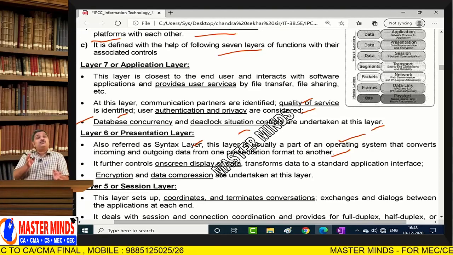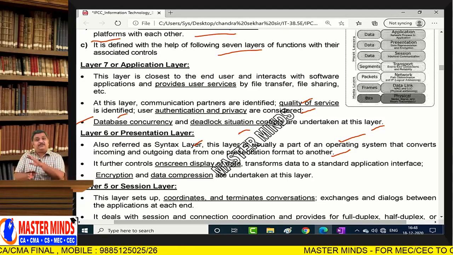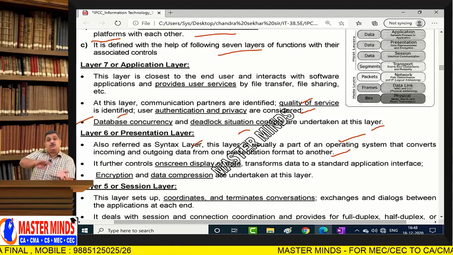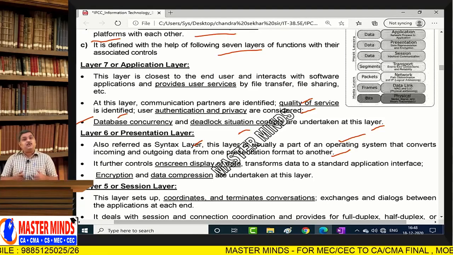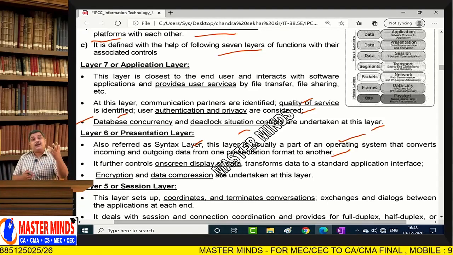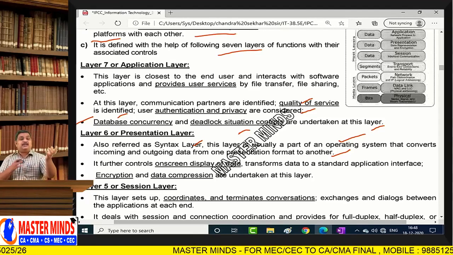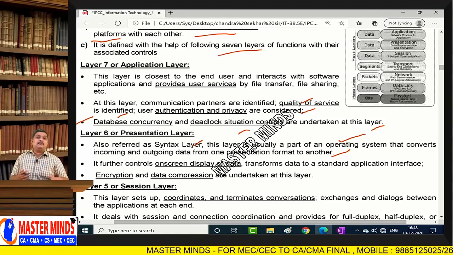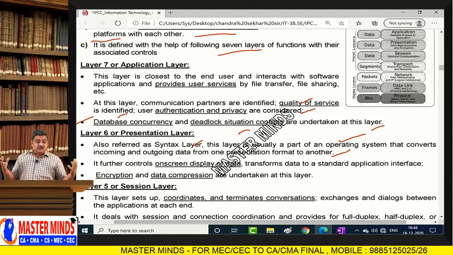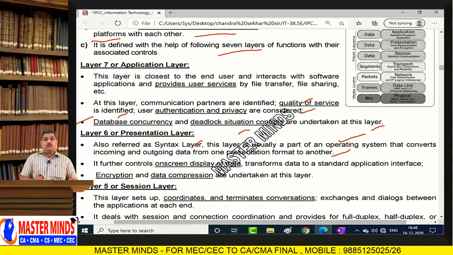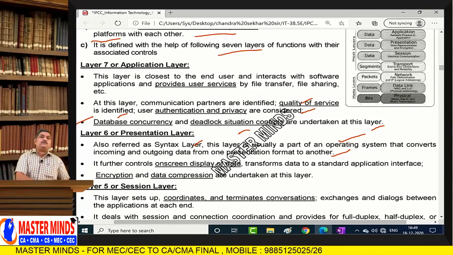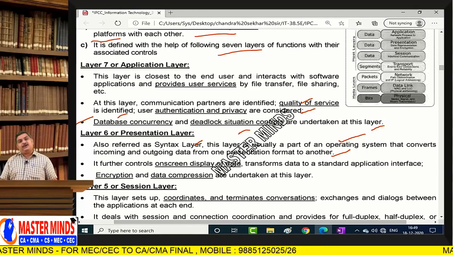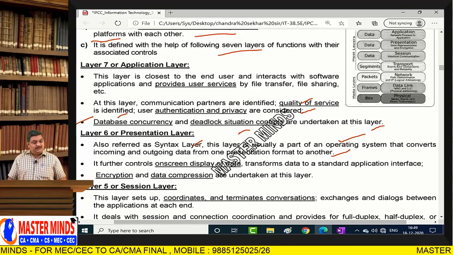Now, the data has to be transformed from Windows format to Ubuntu format. Or I may be using an iPhone with iOS, and my friend is using Android with a Samsung. Now there is a lot of difference in presentation and all. So now this hello has to be transformed from Windows format to Ubuntu format, or from iOS format to Android format. This has to be done.